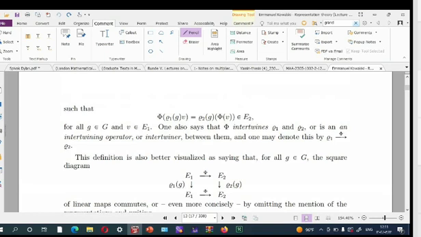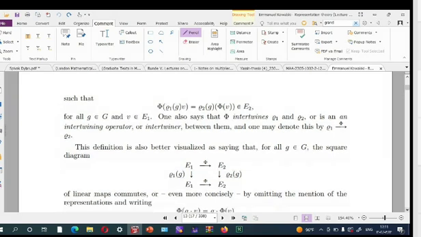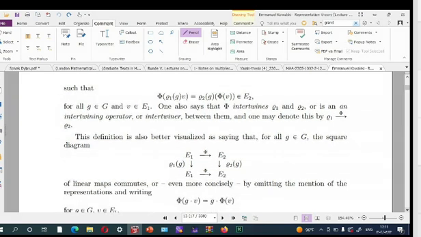For any G in G and for any V in E1, we must have these equalities, or this diagram must be commutative. Okay,